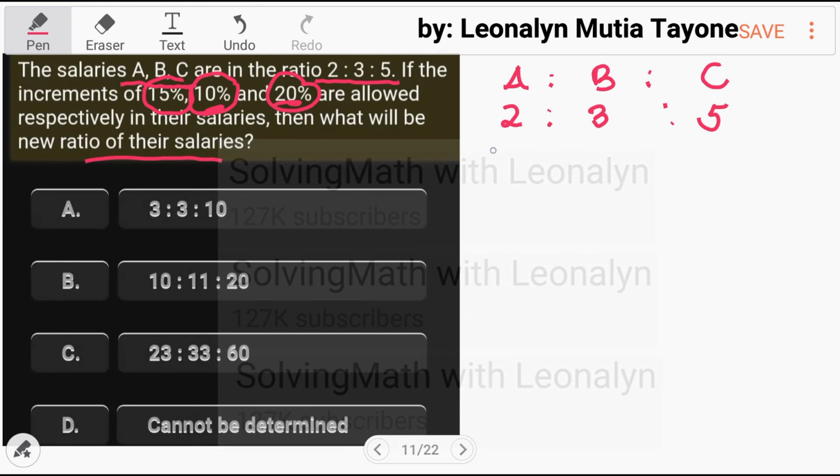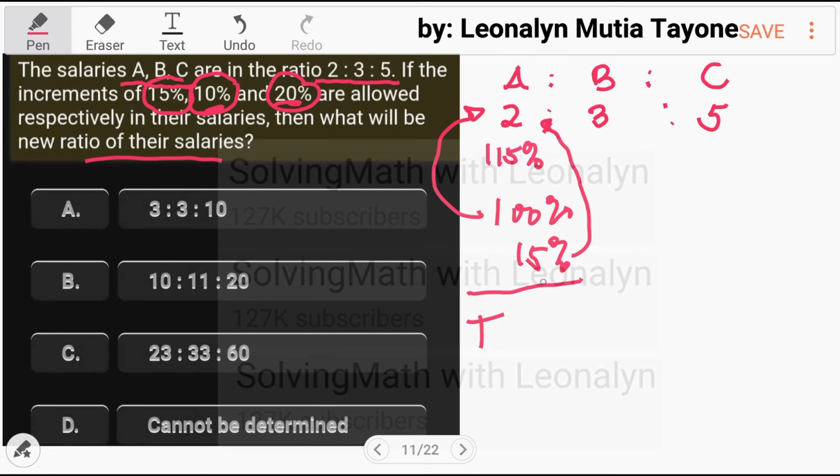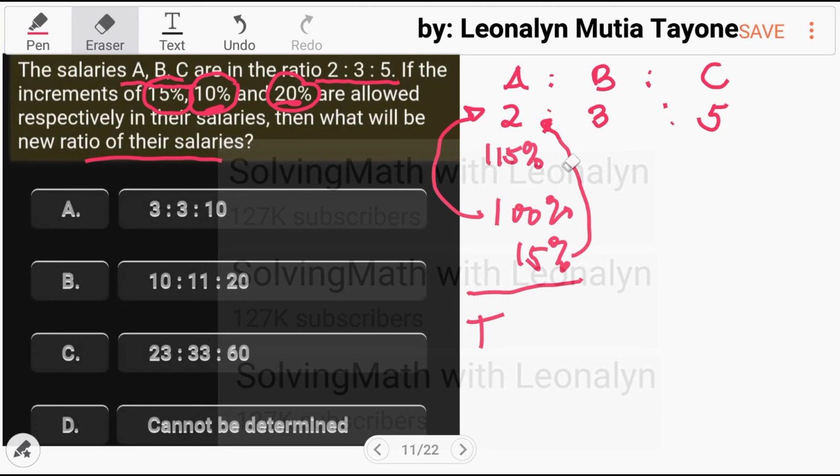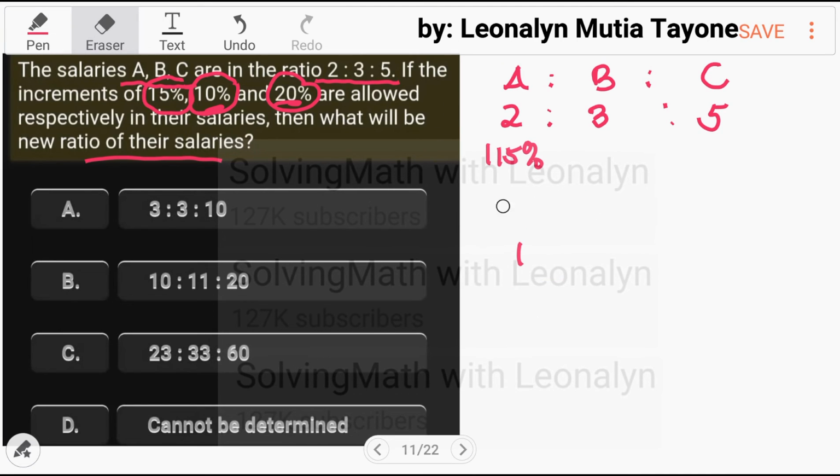Kaya, i-multiply natin ng 115%. Bakit 115%? Kasi yung 100% kasi, yan yung mismong 2. Tapos, yung 15% of 2. Kaya, yan na yung total sa dito sa A. At ganun din sa B at saka sa C. Kaya kung pag-isahin mo lang yan, 115%. Marami na tayong na-upload regarding dito. Next, 110%,